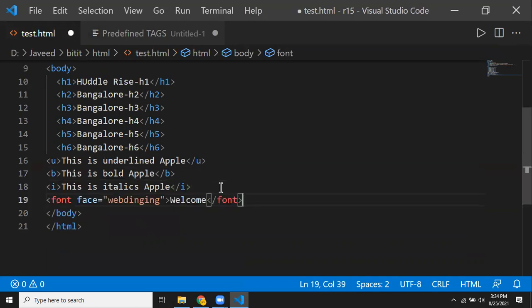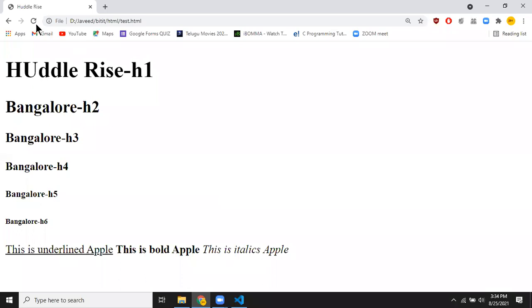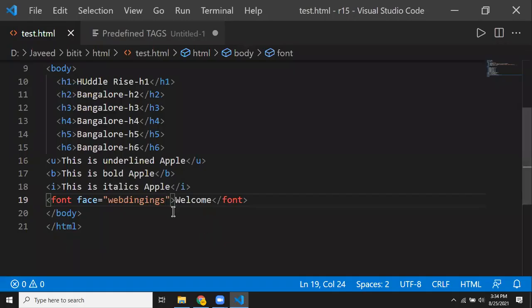Right, I'm writing font face equal to Webdings, that is the name of a font. Okay, Webdings is the name of a font. I'll refresh the page.